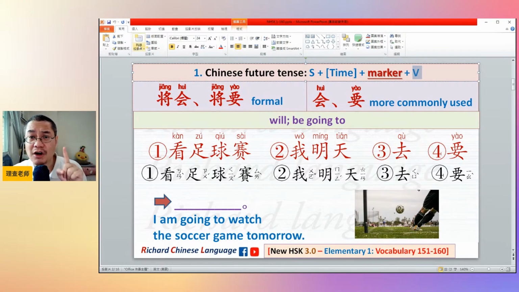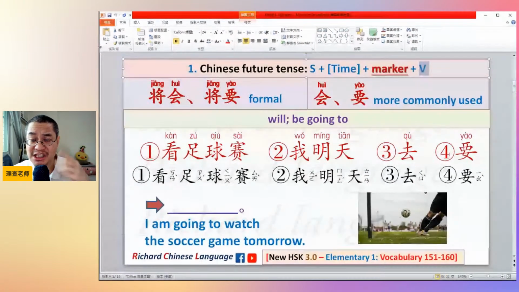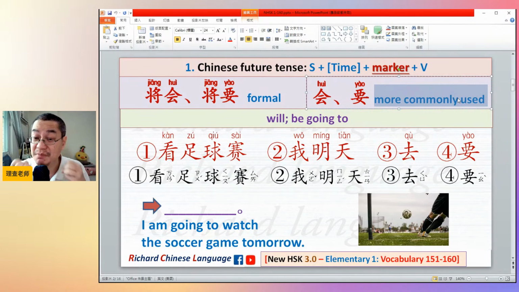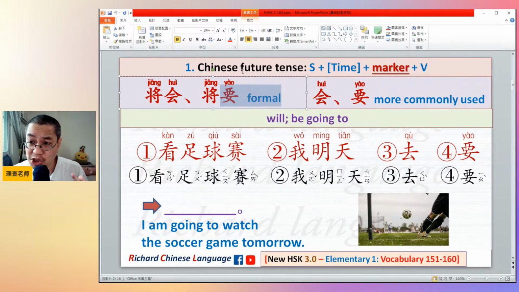So what are the Chinese future tense markers? We have two ways to use it. One is a formal way. The other is a more commonly used, informal way, which we use in our daily conversation much more. The formal way to use the future tense in Chinese would be 将会. This is the first one. The second one would be